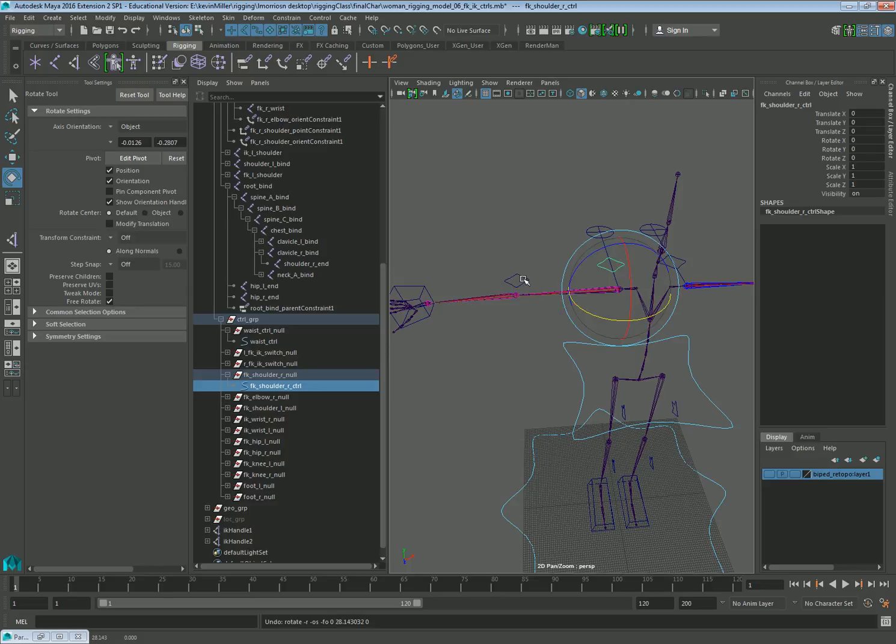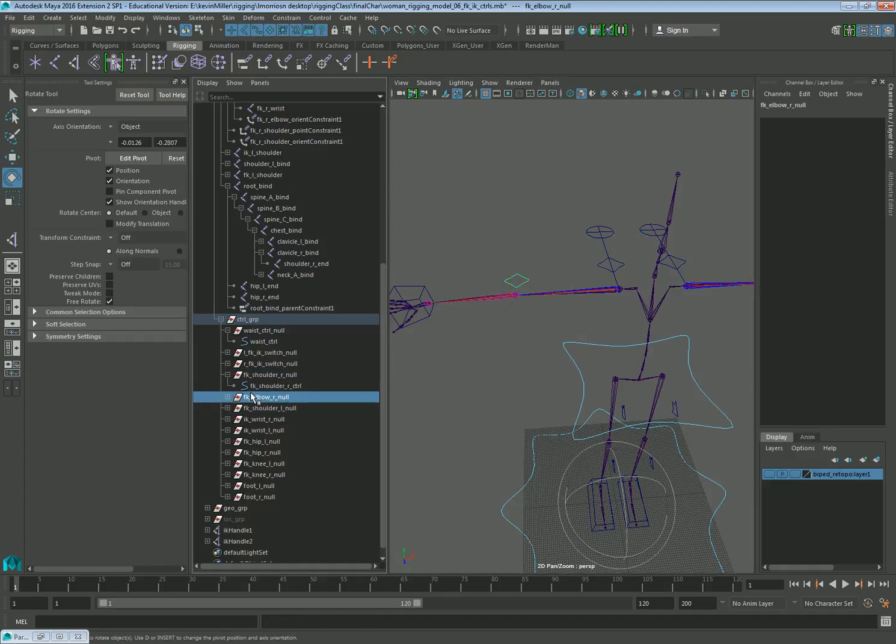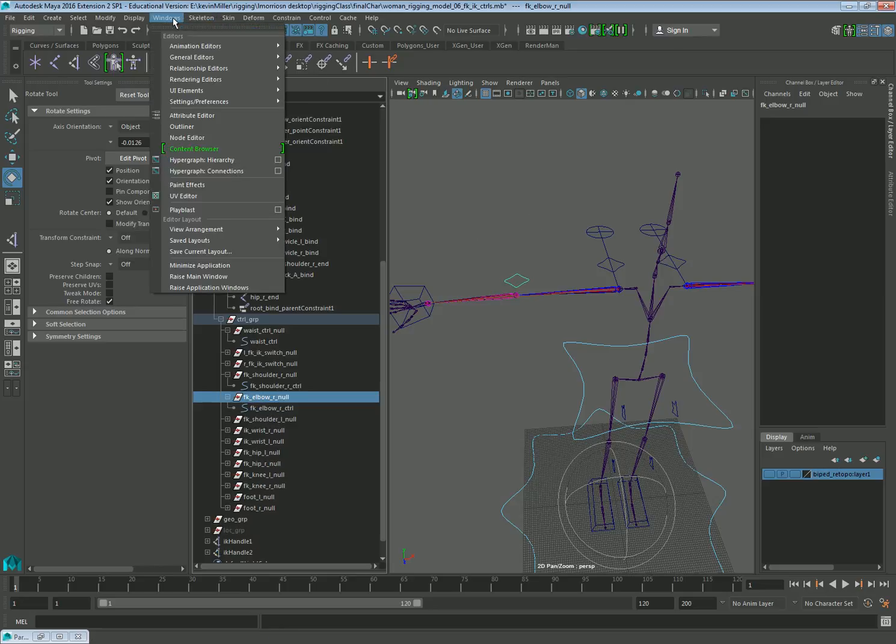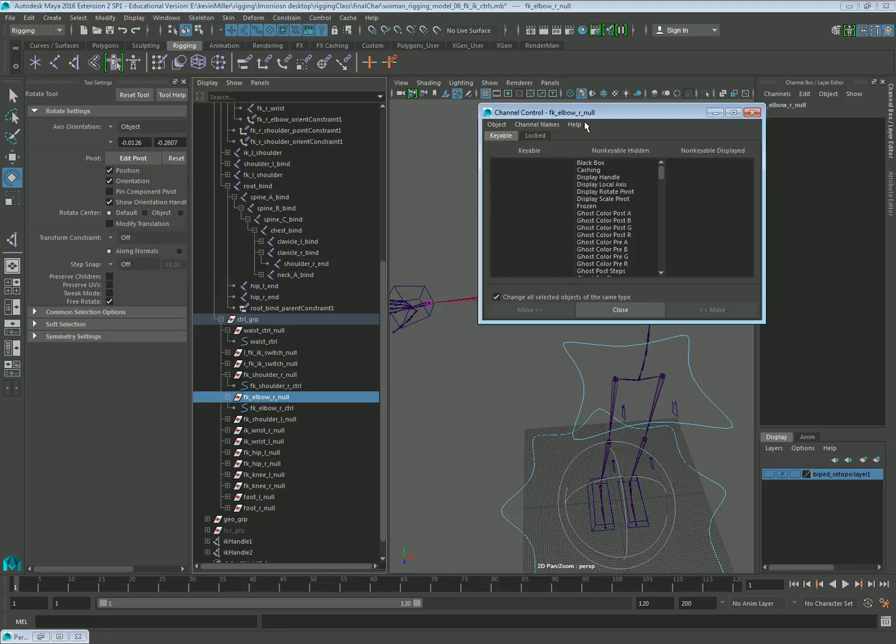So in order to make sure that we fix that, we're going to select the elbow null control, and you need to make sure that we go into our channel connection editor, so general, channel control, and we're going to need to make sure that these are visible again. So we're going to take our lock and hide for these sections, and from here on out we're going to wait until we're totally done to lock and hide all of our nulls,